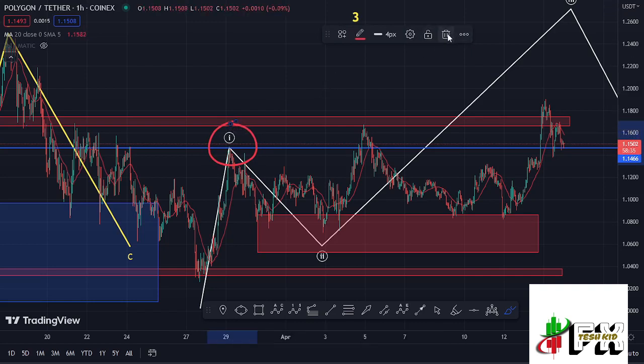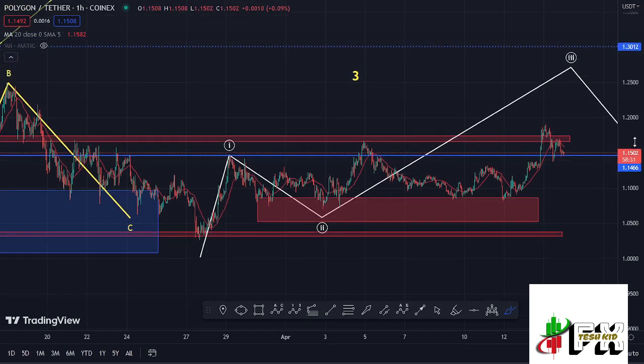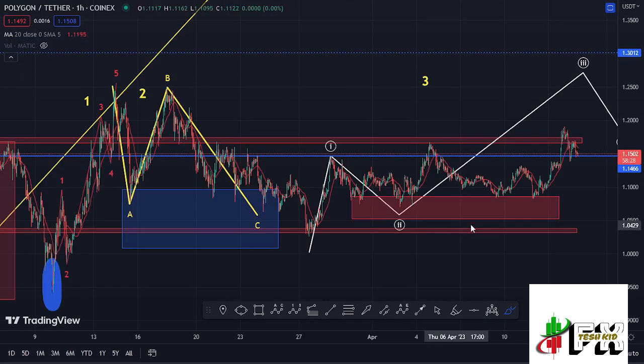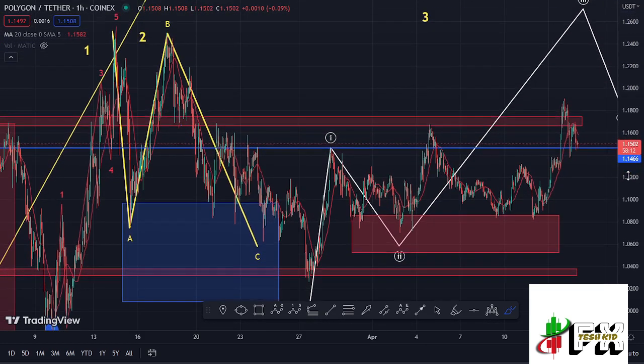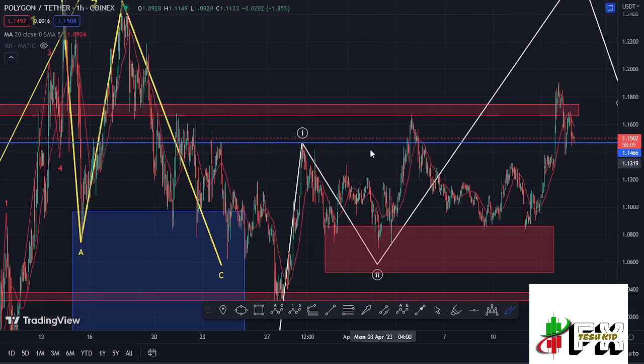And having seen the formation of that first wave and a corrective structure in the formation of that wave 2, my primary scenario here on the Polygon Matic chart has been that whatever we are seeing is the start of an impulsive wave in the formation of this wave 3. And to also confirm to us that we are in the formation of that wave 3, you can see that at the time of this recording we are also still holding above the wave 1 high of this Elliott wave structure right here at around the $1.14 mark, which is enough confirmation of the impulsiveness in the formation of that